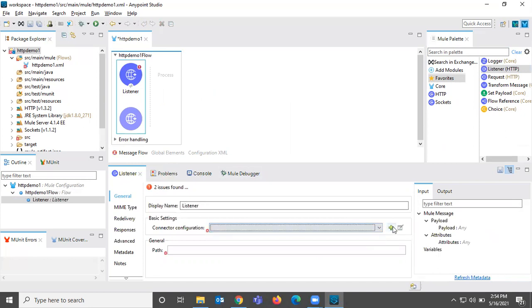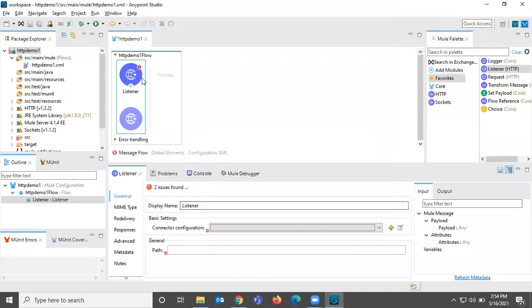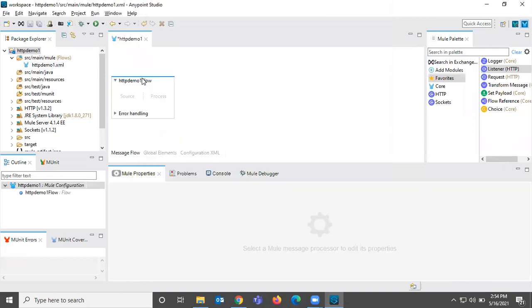We need to provide configuration details like the host and the port, all details we can provide here. And what is a requester? We use a requester when we want to call other REST APIs. Let's say we want to get user data from a third-party application.